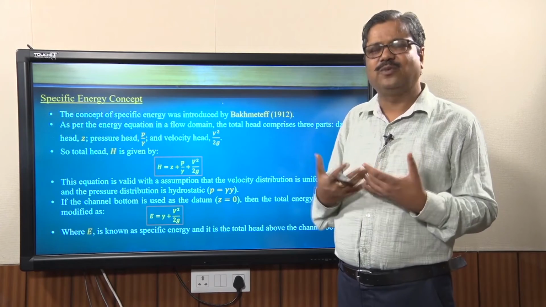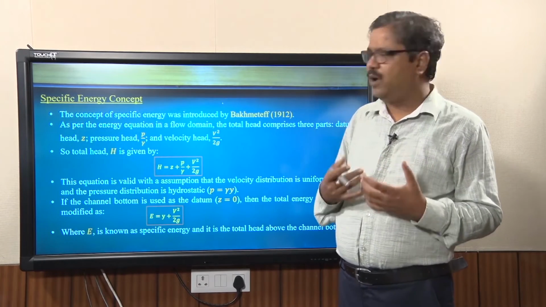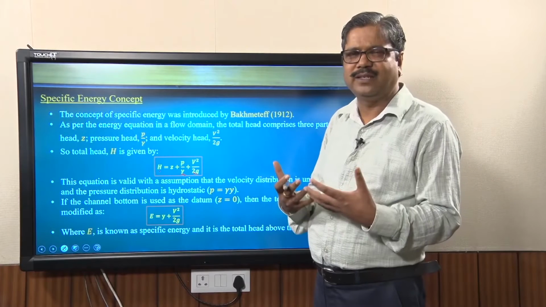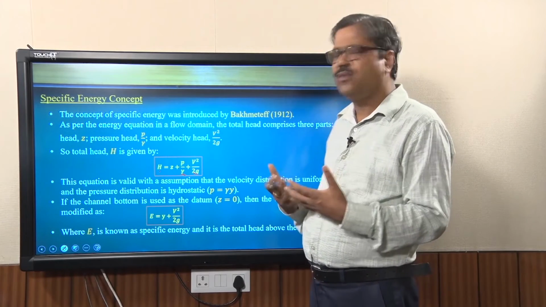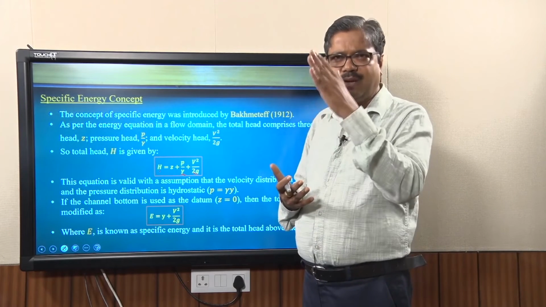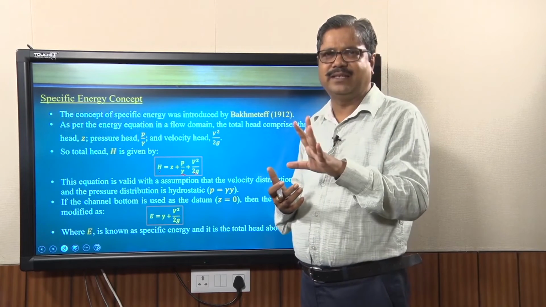It's the same version we can use for open channel flow, where the total energy per unit weight, we can define as a potential energy, plus the energy due to the pressure per unit weight, plus the energy per unit weight as a kinetic energy. So this is the sum of the three energies. As you know, it is a part of Bernoulli's equation. The same total energy available at that particular cross section, we can divide into three energy components.